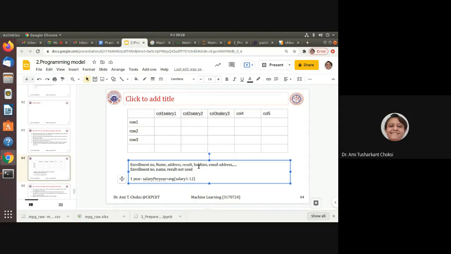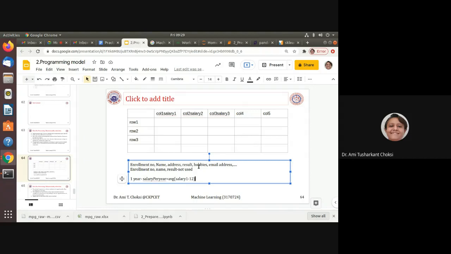So where has all this data gone? See, data hasn't gone. We have manipulated that in our data frame object, using say pandas, and after that we'll be using only that. So we do not have the columns salary 1, salary 2, salary 3. Too much data is there, so we have removed all these columns and instead used only this first one.